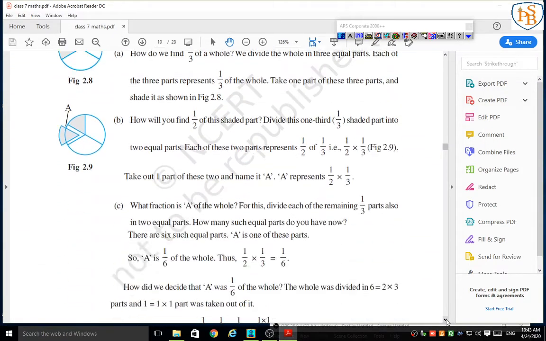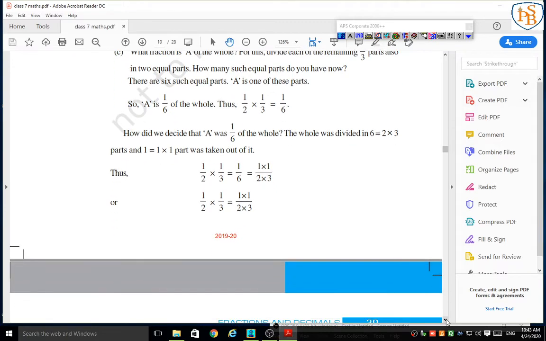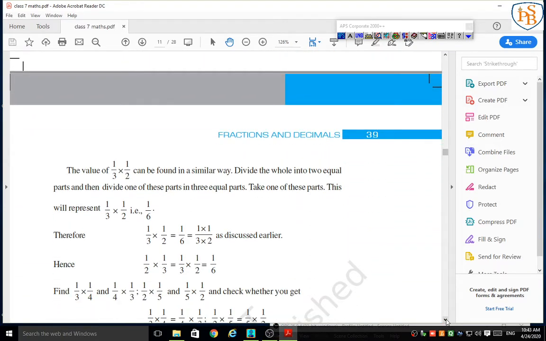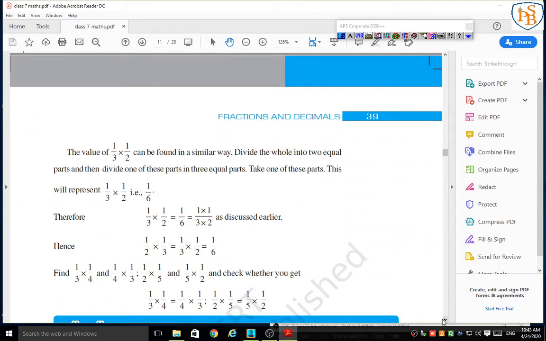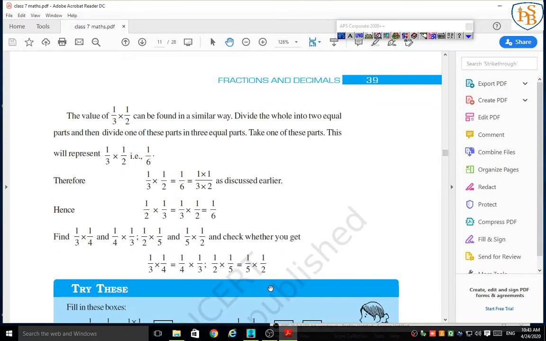Now look here carefully. We are going to solve the questions directly, because you know that when we are doing multiplication we have to do simple multiplication in the numerator and denominator. There is no cross multiplication or any type of equalizing the denominator. We just have to do a simple multiplication. Look at these examples.